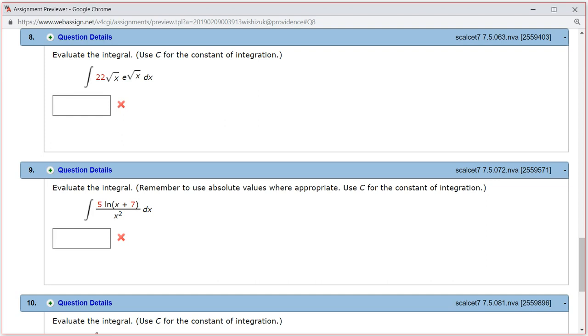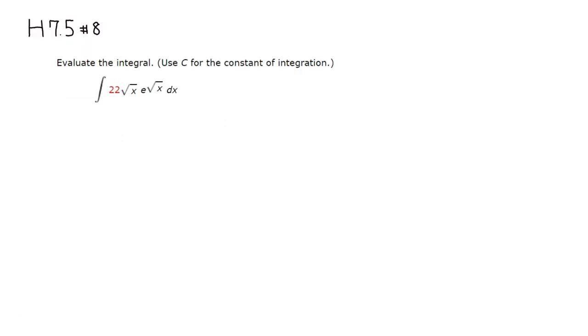Alright, let's look at the homework 7.5, problem number 8. Let's evaluate this integral. I don't like having these square roots floating around, so I'm going to use a substitution first. I'm going to let